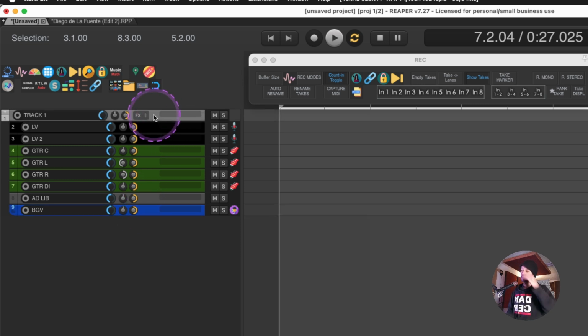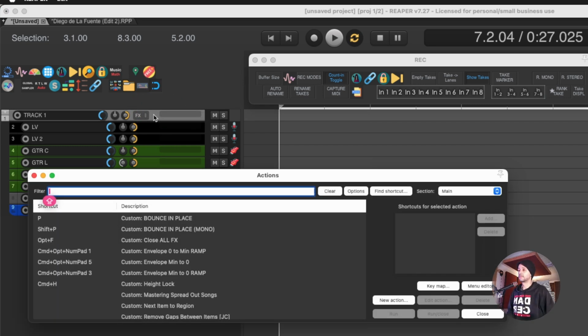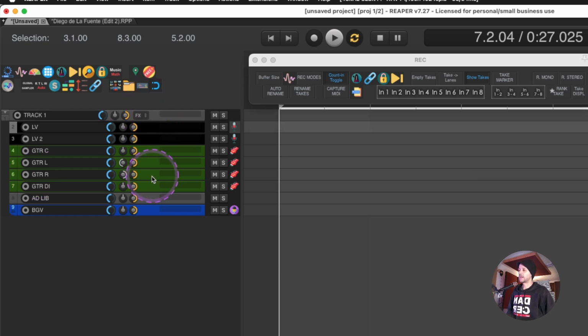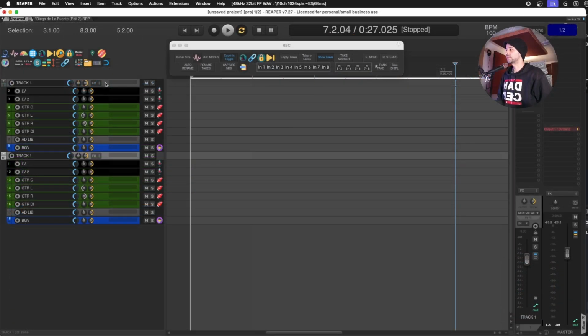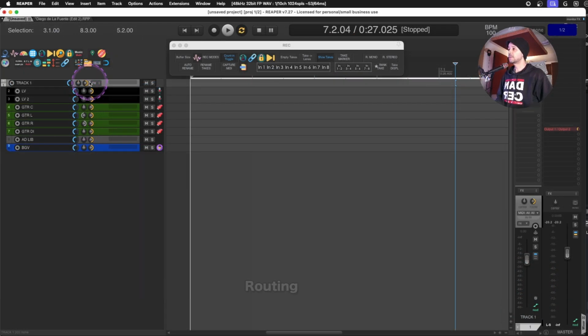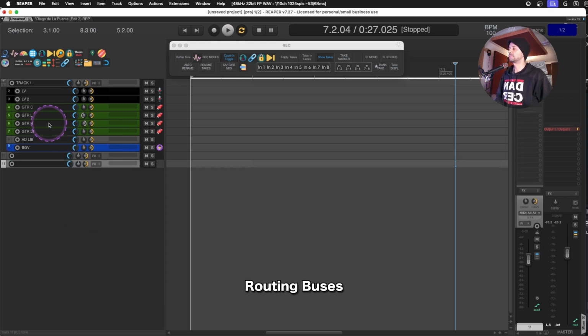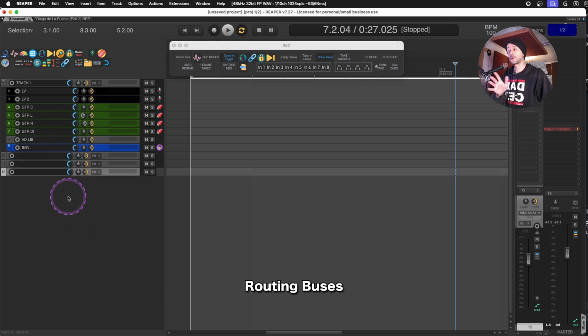I'm going to duplicate, not by duplicating one by one, but I'm going to duplicate the folder so I have all of the structure and all of the routing done. Before I start duplicating all of this, I'm going to create a couple of auxiliary outs, let's call it that,